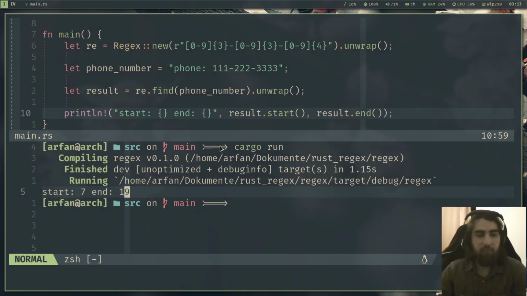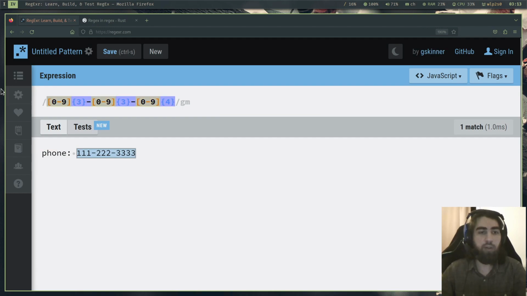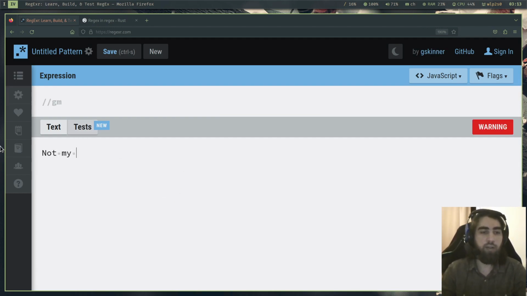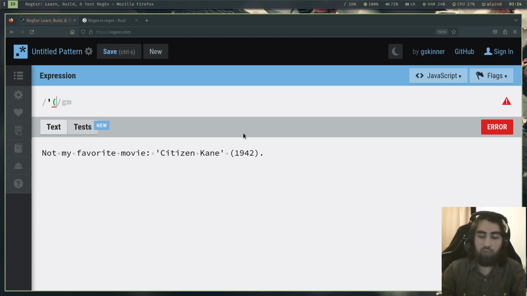Now we also have a very useful method which is called captures. Let's see, I will show you first the pattern and the text. So we have this title, not my favorite maybe, Citizen Kane, and the year and the period, like that. Now we want to match this over here without the dot. How would we do that? Let's see. We first match this apostrophe. So you can see these two get matched. Then we want to match, and this will be our first group,